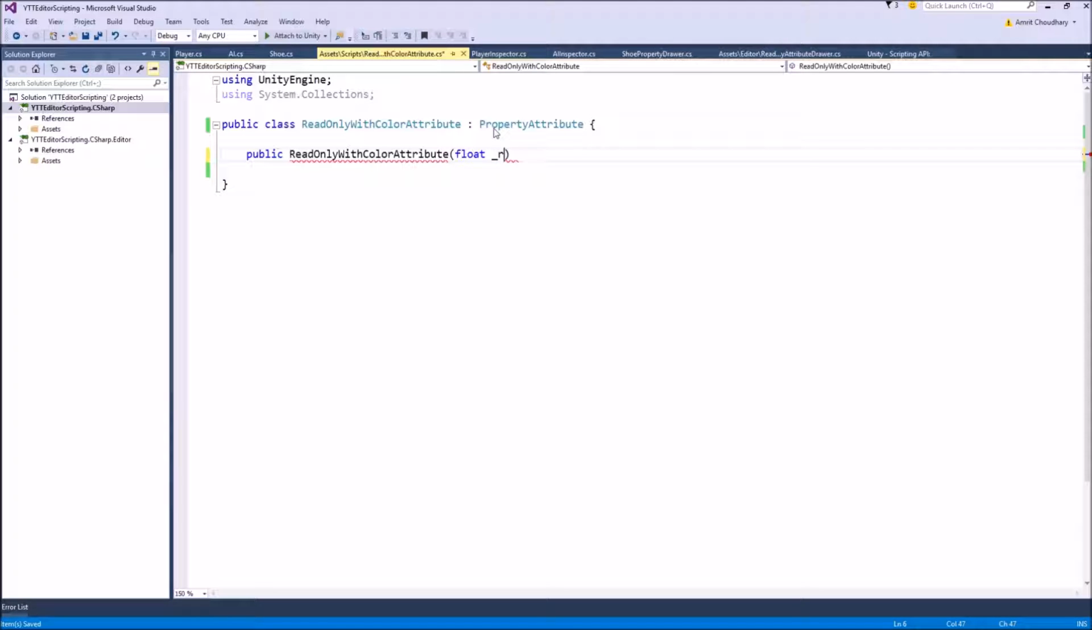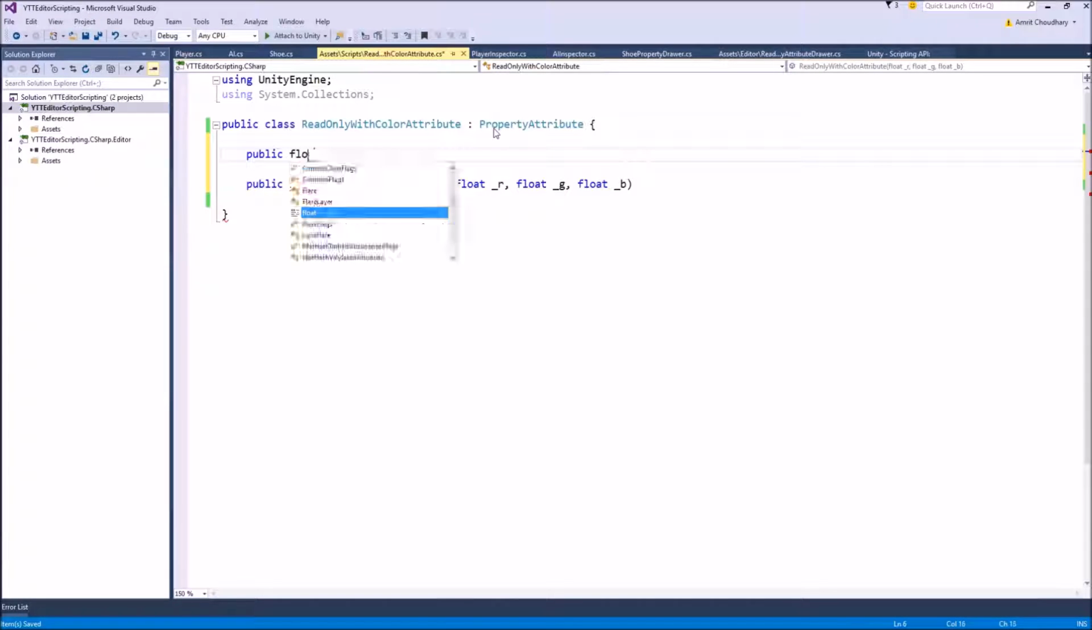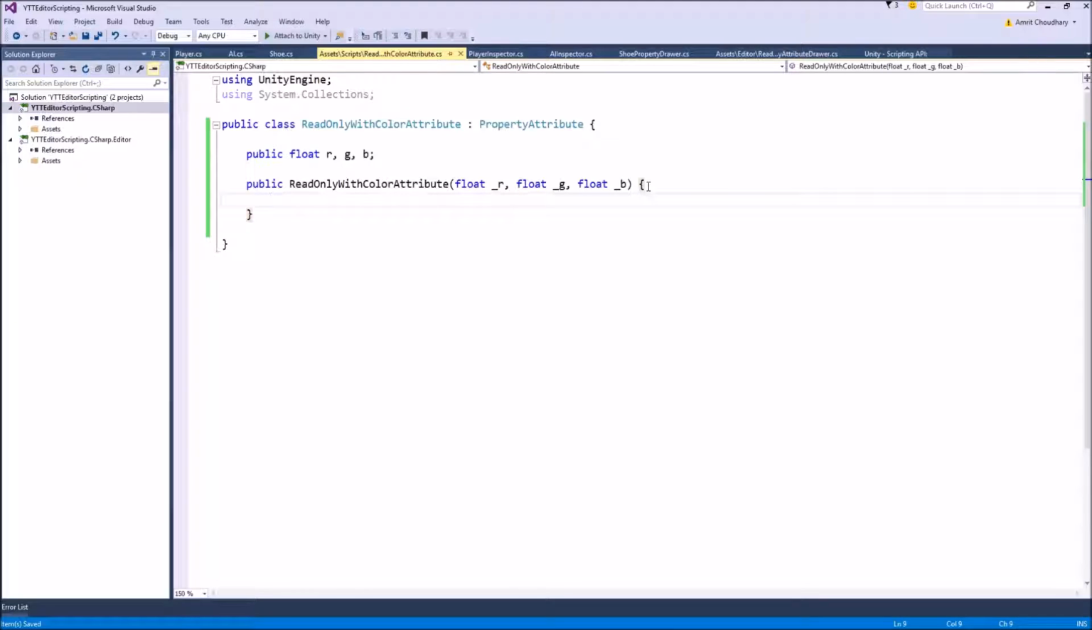So let's write R, G and B, and it has the internal public variables R, G and B. Public float R, G, B, and this constructor will simply copy these arguments to the internal variables. So R is R, G is G, right. So now whenever we are going to use the ReadOnlyWithColorAttribute, we'll have to specify these